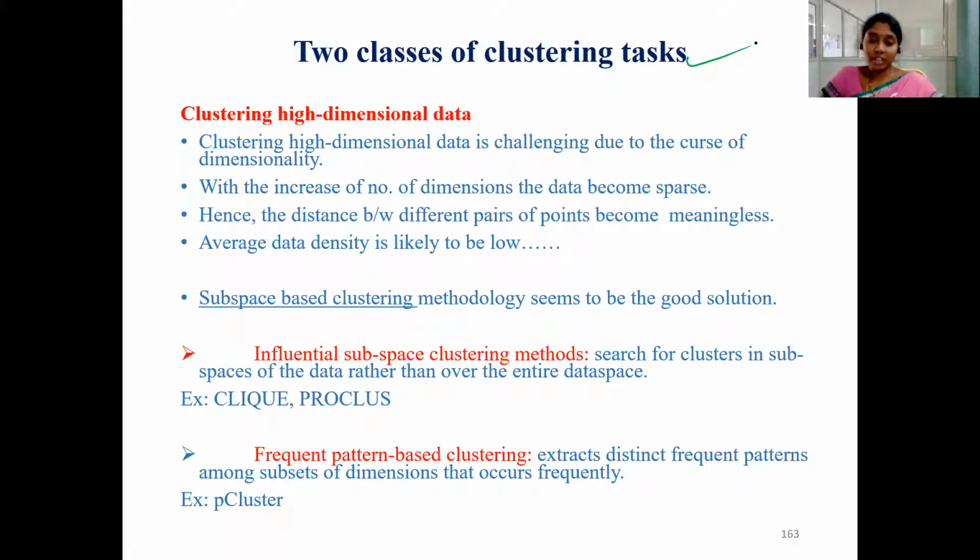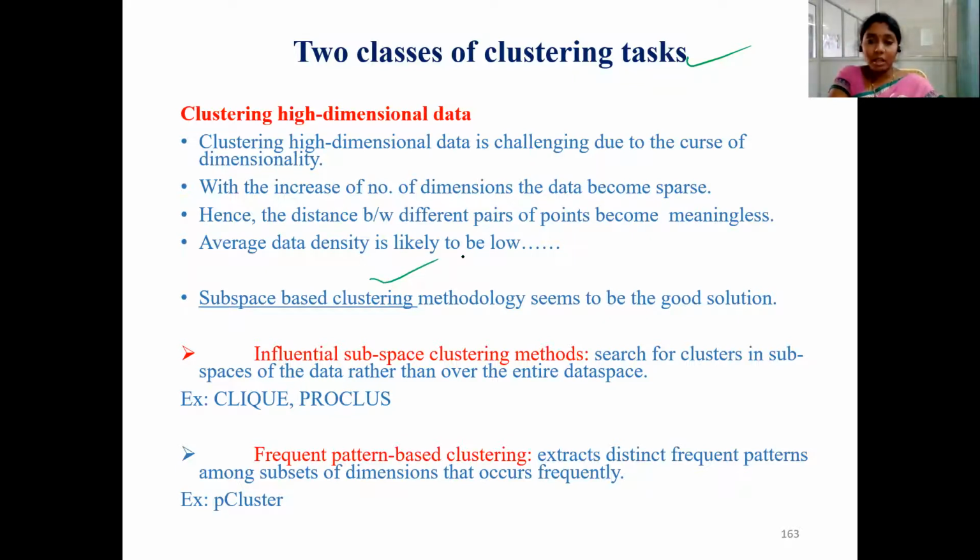So clustering high dimensional data is really challenging. Why? Because to handle too many dimensions, the process of forming the clusters may sometimes be misled. So in such a case, instead of going for the existing methods like grid-based, density-based or distance-based, to form clusters with high dimensional data, subspace clustering is suggested.